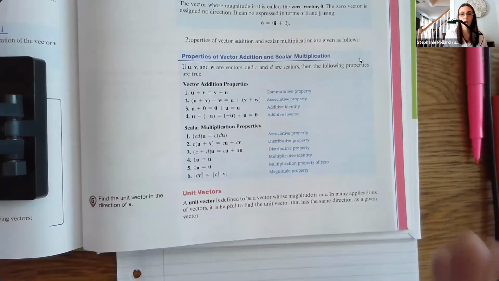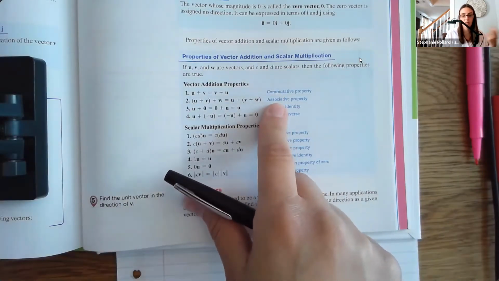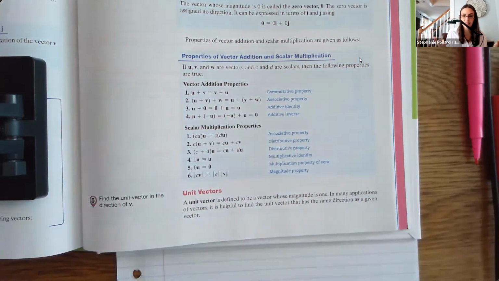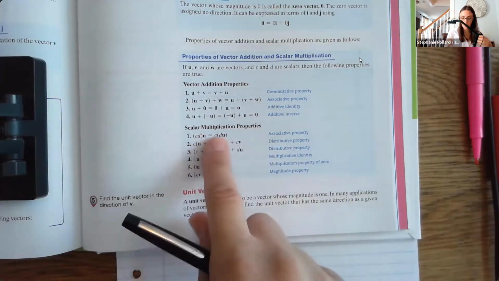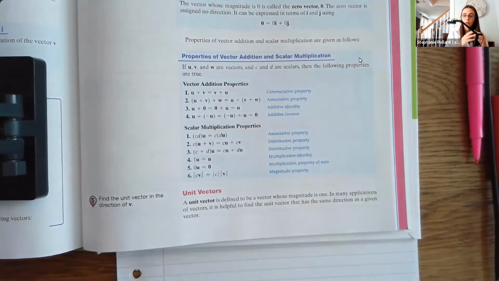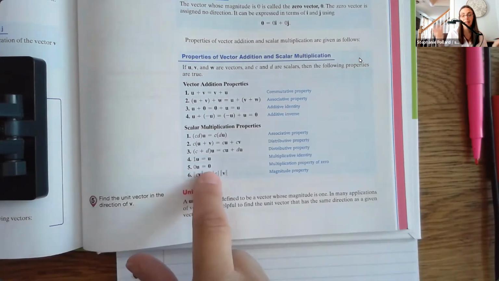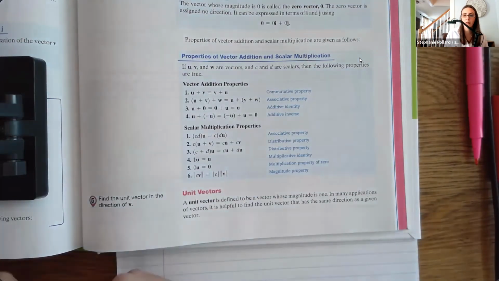But again, a lot of it I think is common sense, right? With addition, you can still reorder, you can still regroup with addition. Adding with 0 doesn't change anything, and adding with a negative still cancels out. So that stuff is all going to stay the same. And then for scalar multiplication, again, associative property is fine. So you can regroup for those scalar multipliers. We have the distributive property still, which we are basically using already. And then keeping in mind, multiplying by 1 doesn't change anything, and multiplying by 0 is still 0. And then that magnitude property we've already seen. So a lot of what you already know is going to just be consistent and continue, which makes vectors really